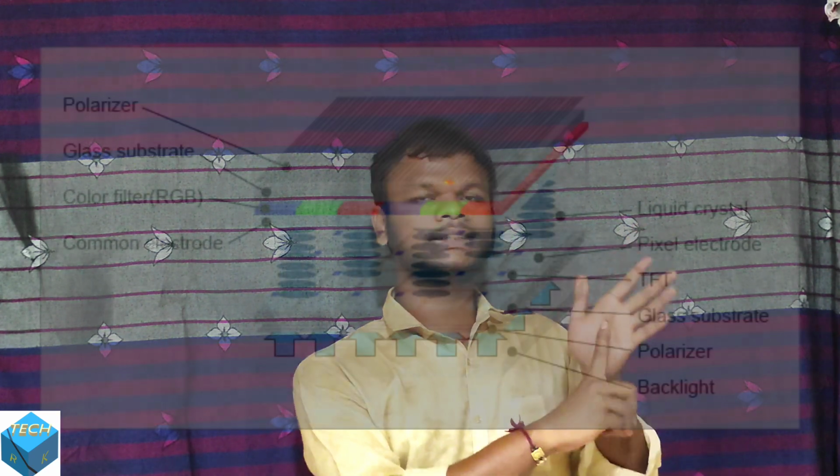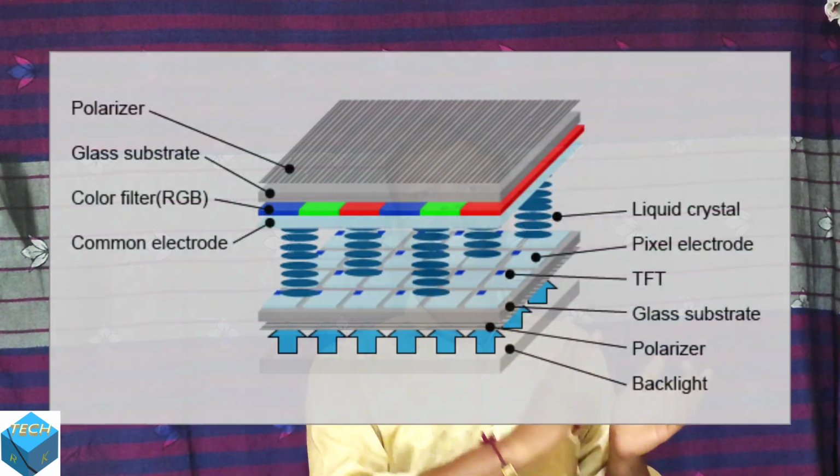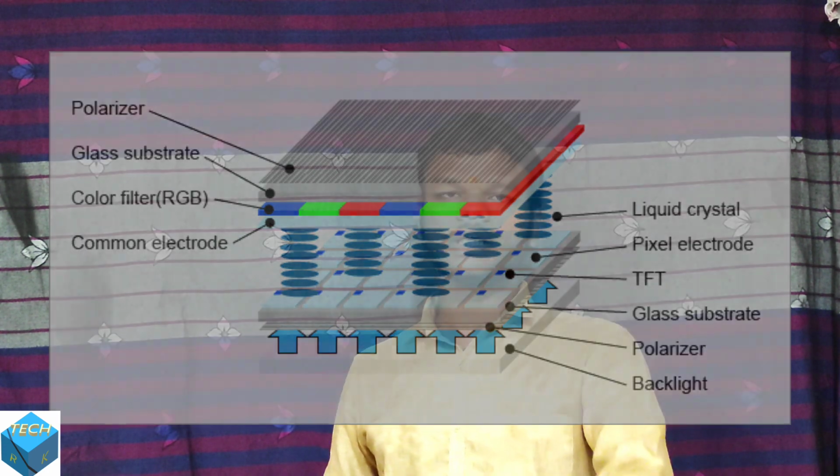And the next technology is the color display. What is the difference between this normal LCD structure and this color display is, there are mainly three changes in the structure of the color display. The first change is we have a TFT array. In the case of this color display, this TFT array is attached with the negative electrode. And the second change is the color filter. This color filter is present in front of the positive electrodes.